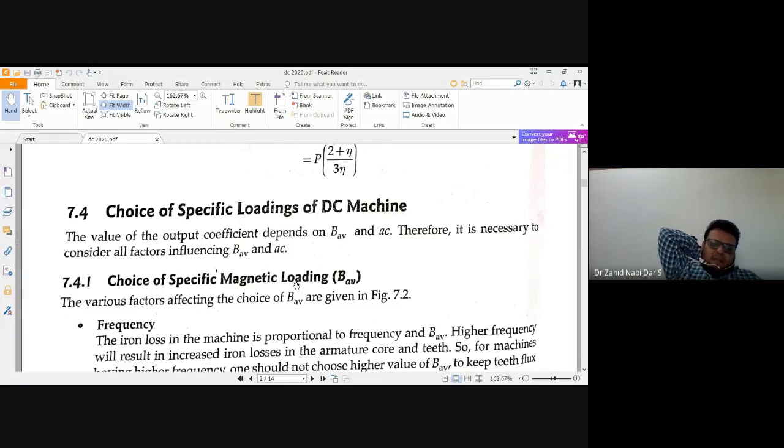Frequency will govern. Now you must be telling me, sir, this is a DC machine, wherein is frequency coming into play? You are giving the supply to the DC motor as DC only, but once you are giving the supply, can a direct current lead to rotation? Have you heard of a single phase DC machine? So for a rotation to happen, what is the most important factor?